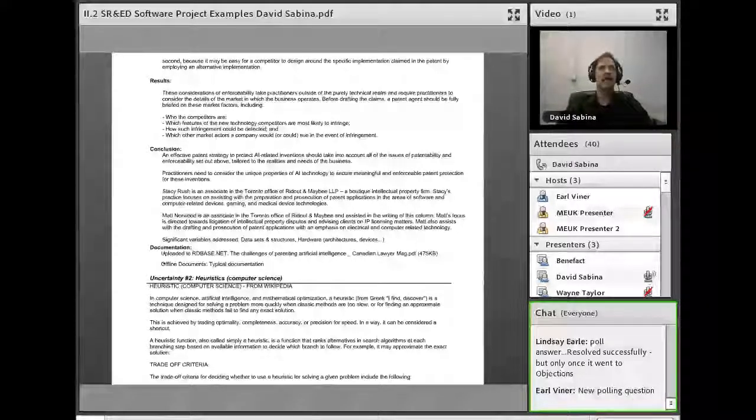And there's a lot of trade-off criteria that they talk about. Things like optimality, completeness, accuracy versus precision, execution times. And these will all be providing parameters in there. It also talks about some of the examples of the algorithms that could be in there. We take a simple problem and then we try to build on it. They talk about a traveling salesman problem. This is a problem faced by logistics companies. What's the best way to send my carts out if I'm UPS in order to do things most efficiently?